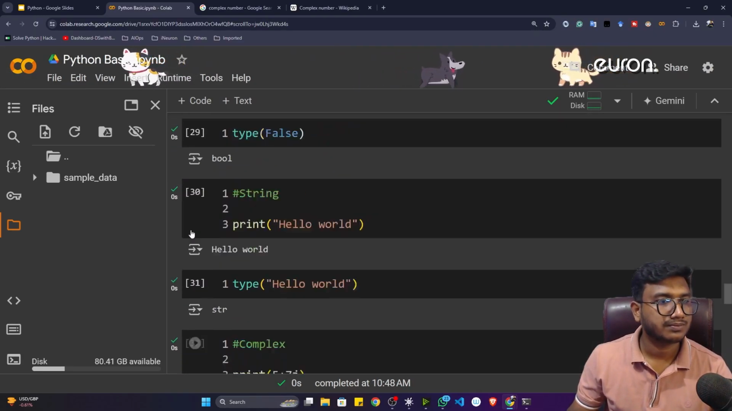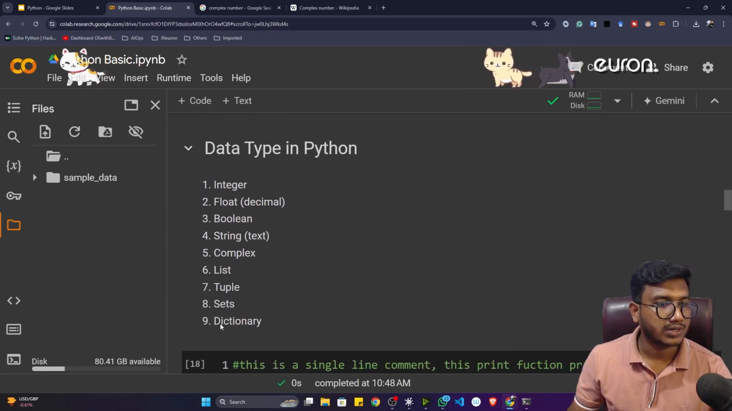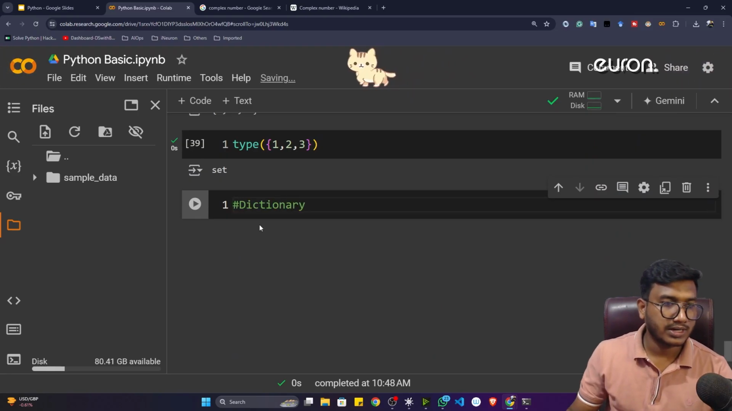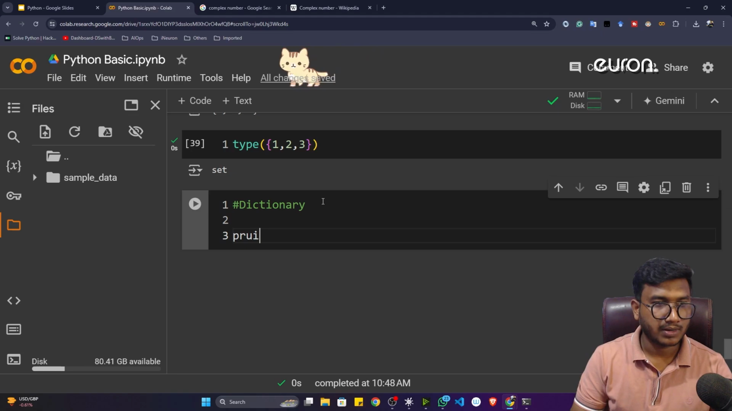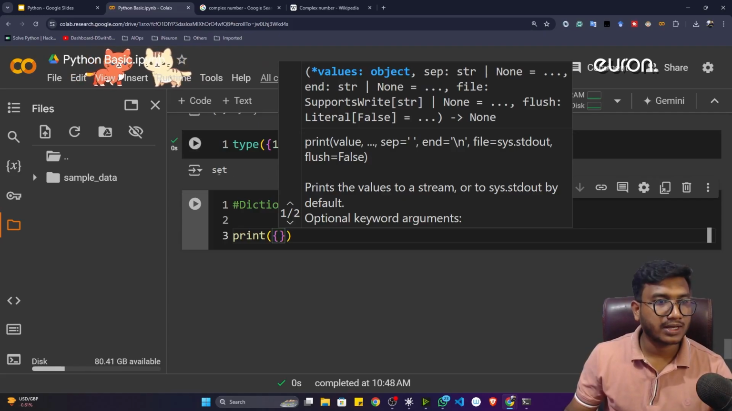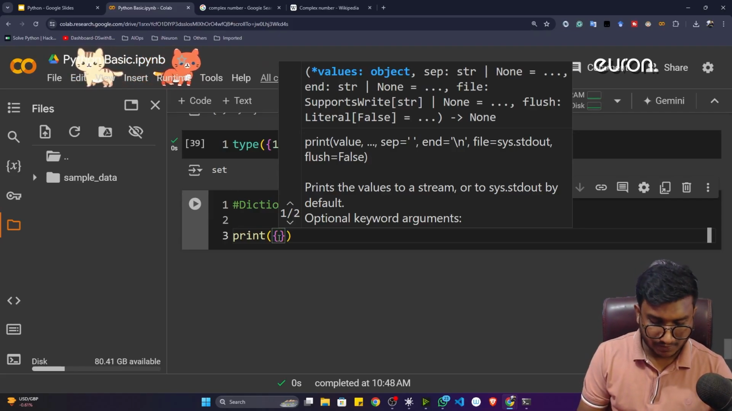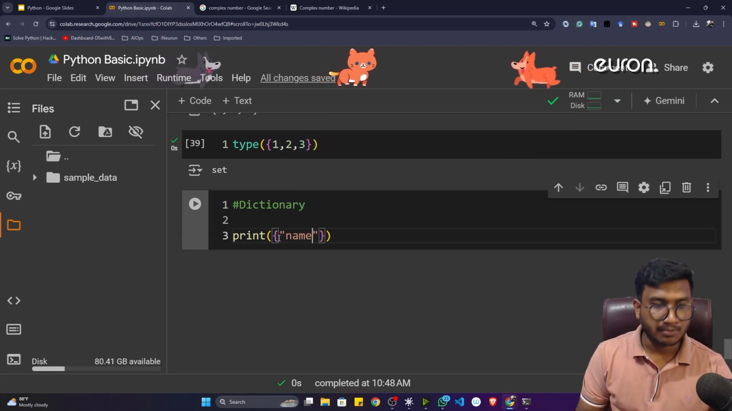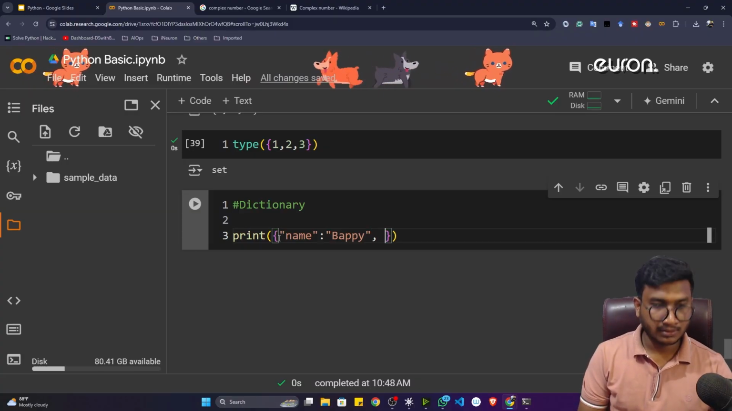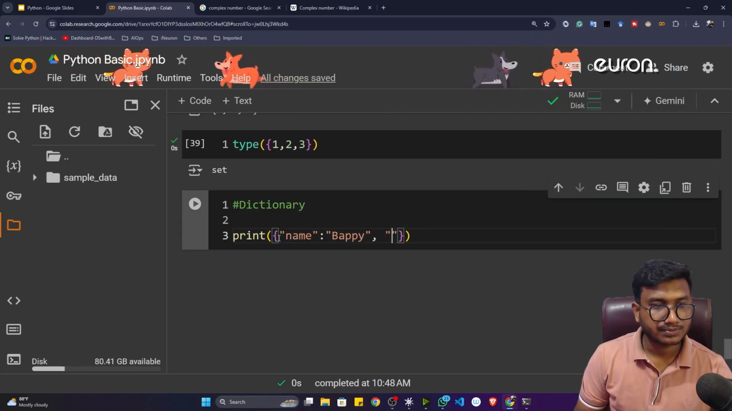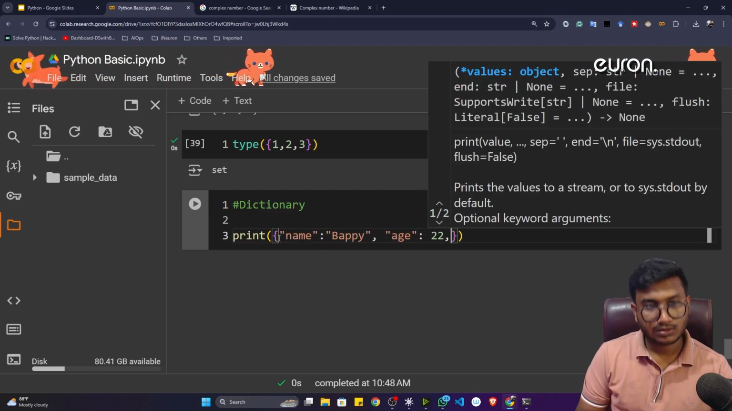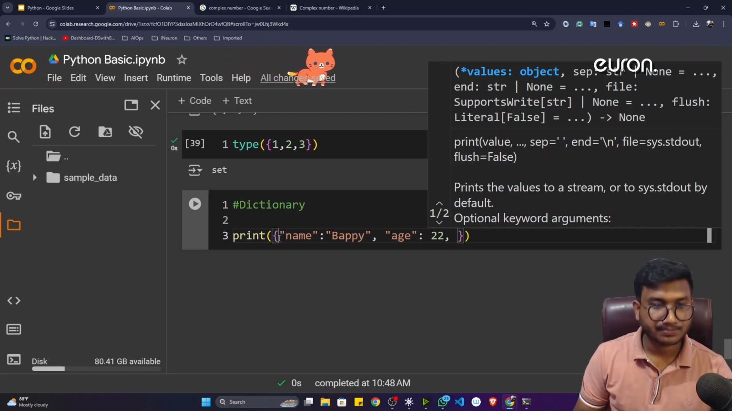Yes, it was dictionary. So how to mention the dictionary data type? It's just a key value pair. So let's say print. I'll take the same bracket you take for the sets, and inside that you have to write a key value pair. Let's say name. Name is Bappi. Then let's say age. Age is, let's say, 22, and let's say gender, comma,